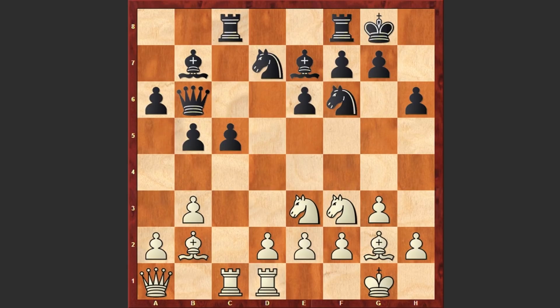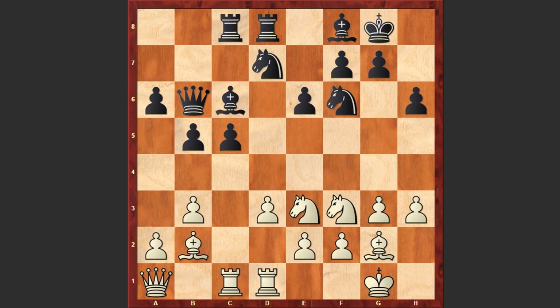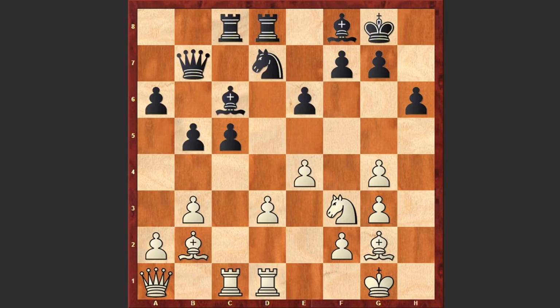This is a standard idea in typical positions where white is bringing his queen to the a1 square and cooperating together with the bishop, putting pressure on black's king side. Rook d8, h3, bishop f8, d3, bishop c6 and knight g4, knight takes g4, h takes g4, queen b7 and